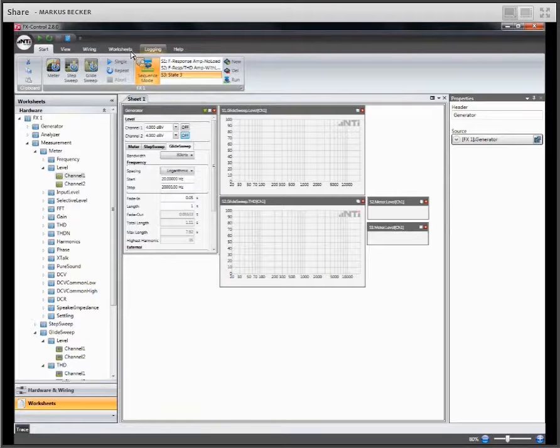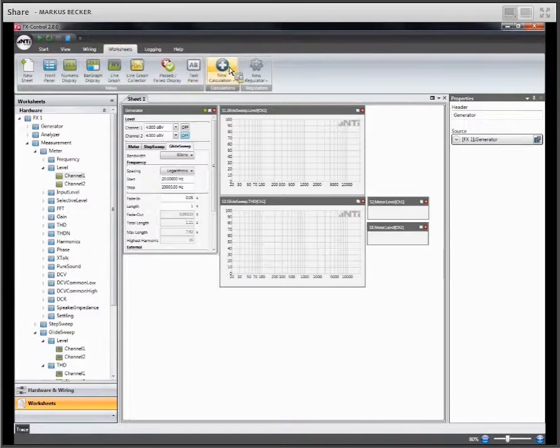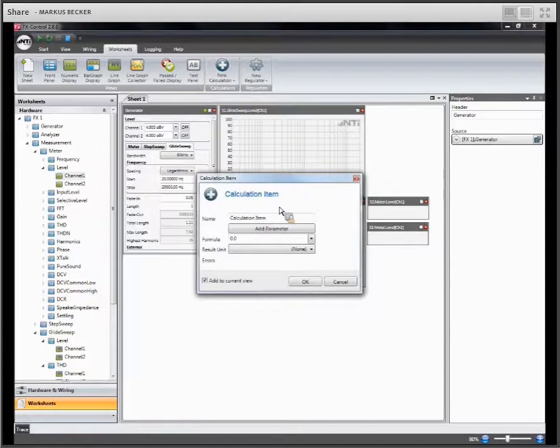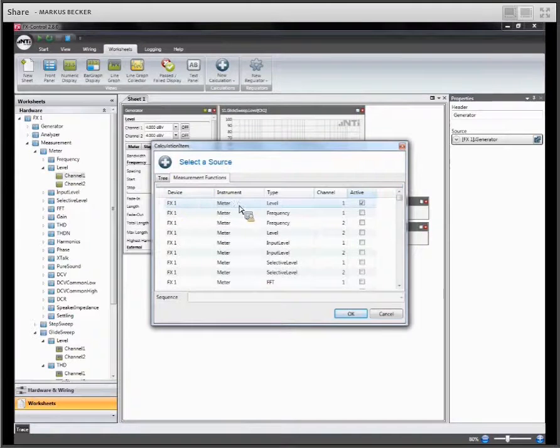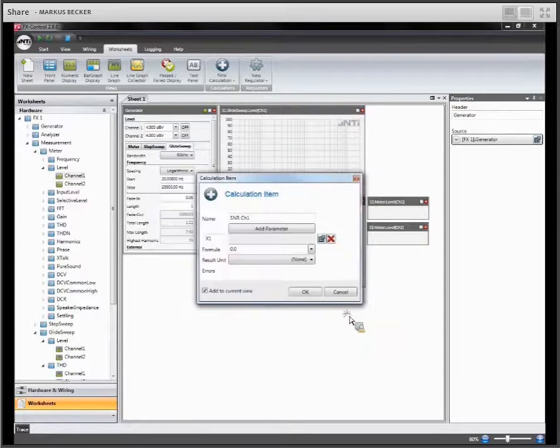Now the last thing I have to do, I have to add a calculation item because the signal to noise ratio is calculated from these two levels. So I call it SNR of channel 1. I add as first parameter the meter level measurement channel 1 of step number 2, that was the one with the active outputs, and I call it U active.